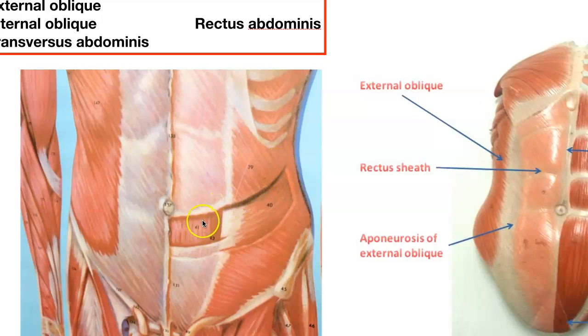Here is the rectus abdominis. Remember, rectus means straight, so these muscle fibers are going up and down. This is the deepest layer here, the transversus abdominis. The muscle fibers are in a transverse position. And if we go over to this guy,